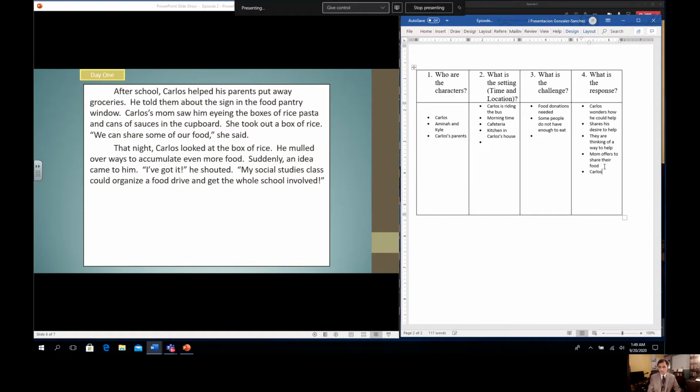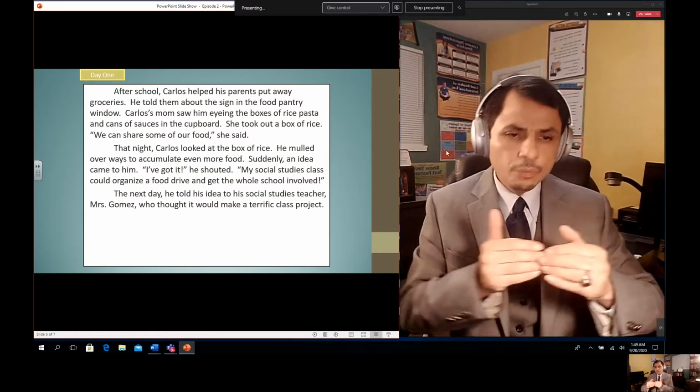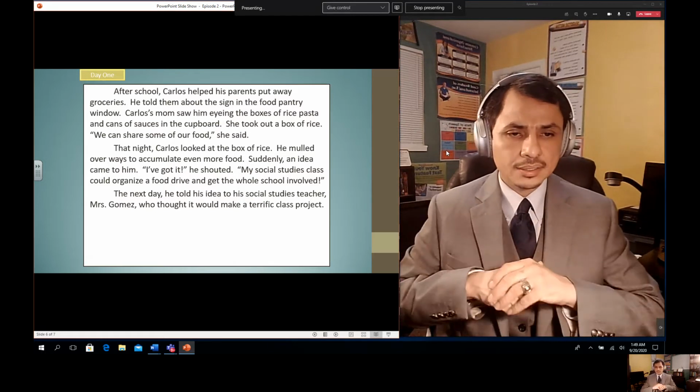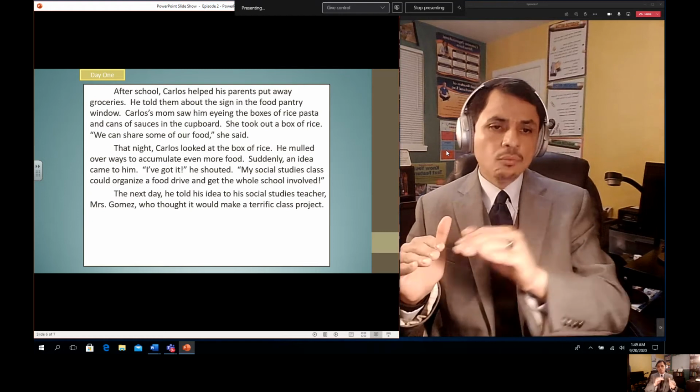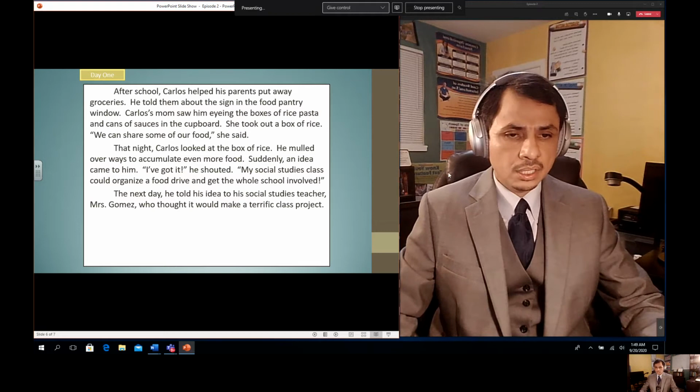Carlos wants to hold a food drive. And now we move on to the next paragraph. And here is an example of when we can tell our students that because this is a 1-sentence paragraph, we can read 2 paragraphs in this situation. There is no need to stop at the end of 1 sentence. So we will read this and 1 additional paragraph before we stop and continue with the process of asking ourselves